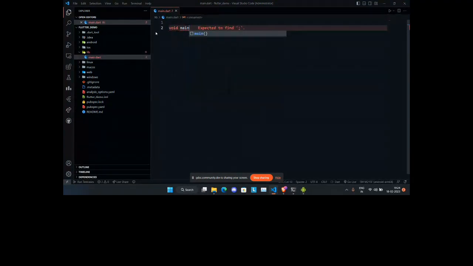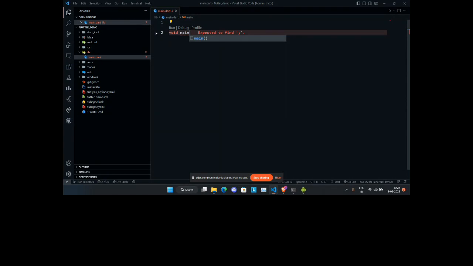Here we just write void main. We don't have to return any kind of integer or anything like that, because Dart is a very advanced language, just like Python or Kotlin.